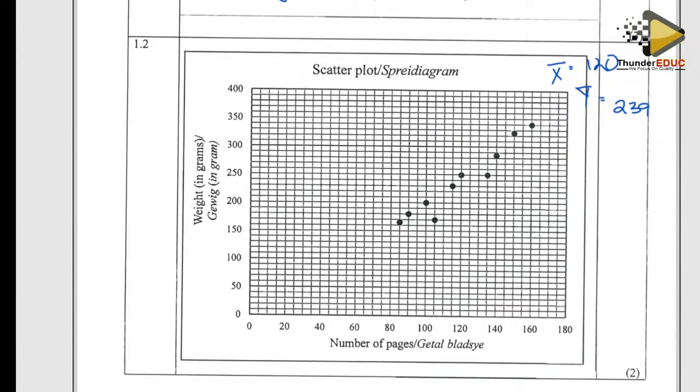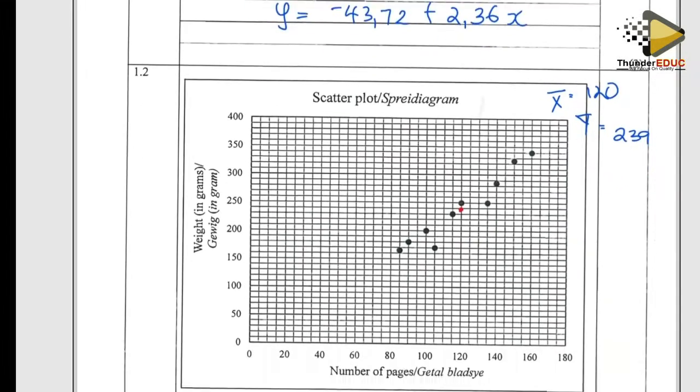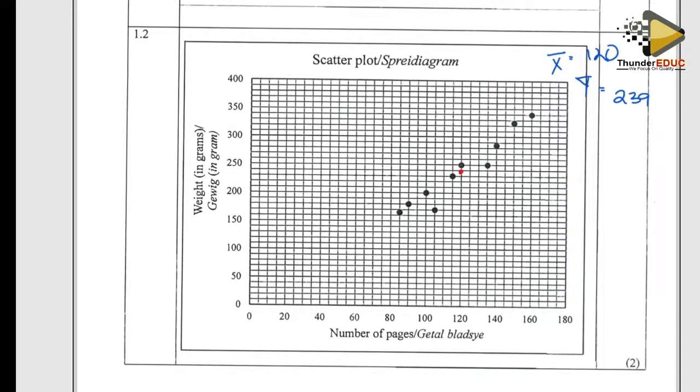So this is going to be 120 and 239. 239 is approximately 240, so I'm going to use that as my point of reference. Then I need to draw a line so that maybe some points go through the line, and see what is above and below. There's no strict logic in this, but it's about making sure the line is balanced and close to the points. These points are close to a straight line. So if I connect something like that,